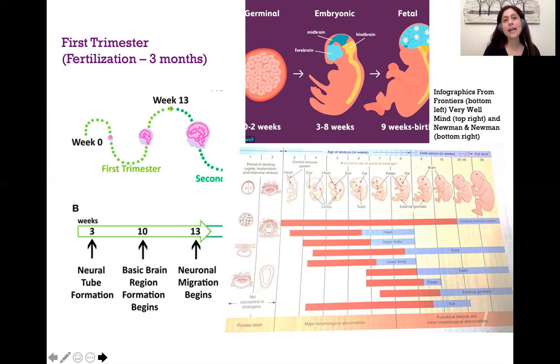Now, on the 6th day after fertilization, the egg attaches to the lining of the uterus, and now the egg is called an embryo. It is during this attachment process that there's the potential for the egg to attach to the fallopian tube or even to the intestine, which is life-threatening and will not result in a viable pregnancy.